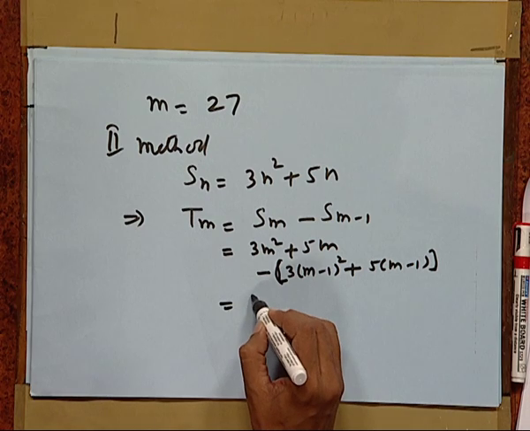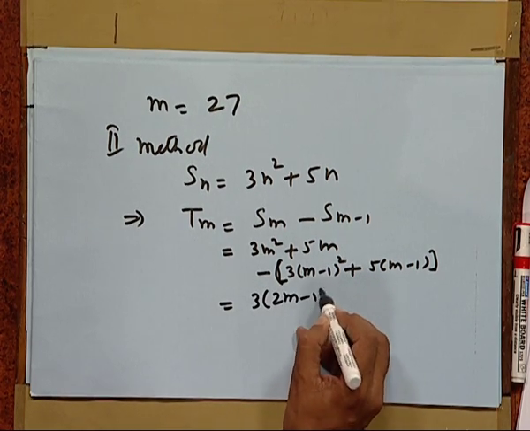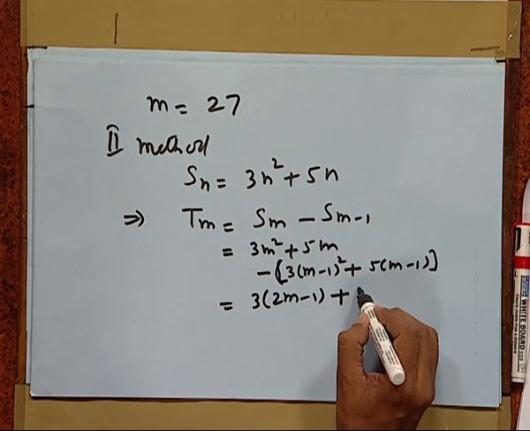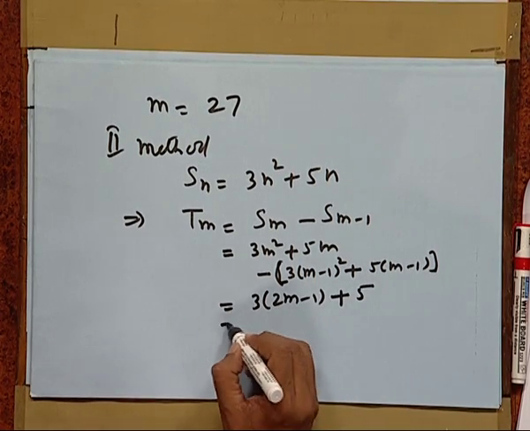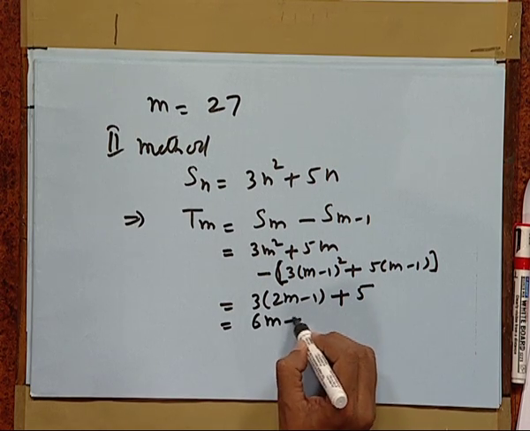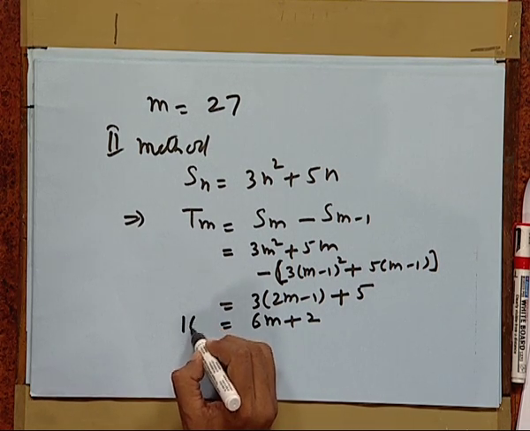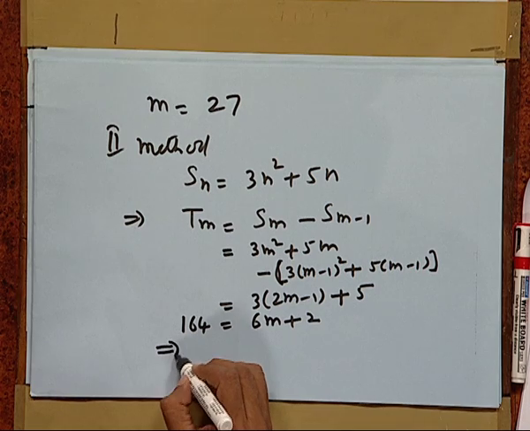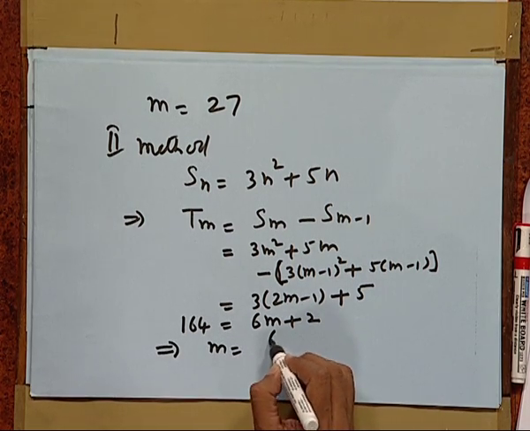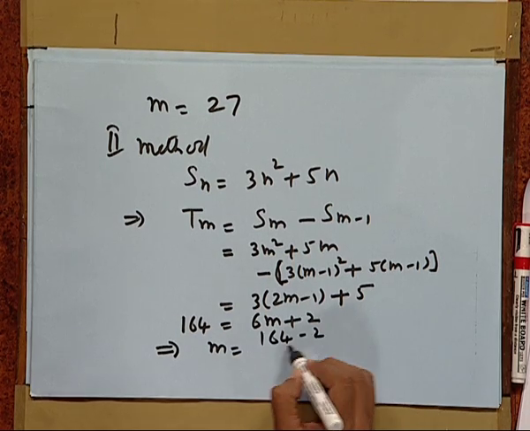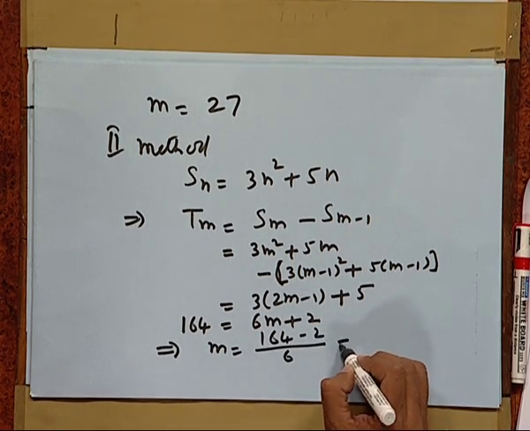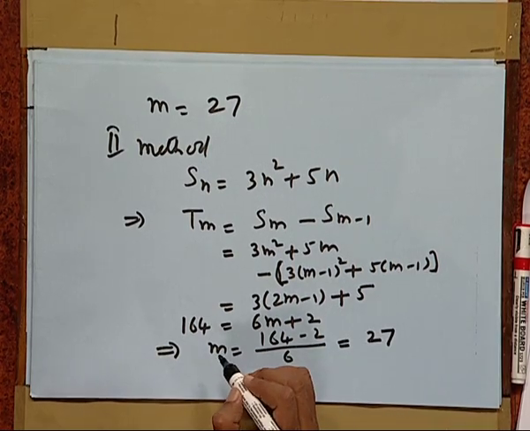This gives 3 times (2m minus 1) plus 5, that is 6m plus 2. But Tm was 164. This implies m is equal to (164 minus 2) upon 6, that is 27. Thus we have seen there are two methods to attack problems in which nth term is given as a function